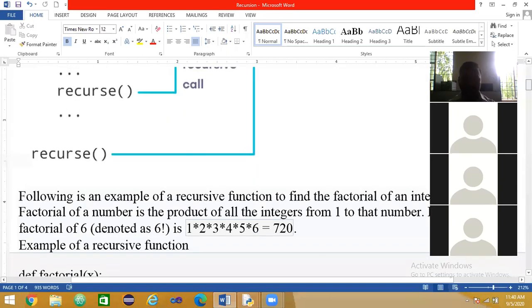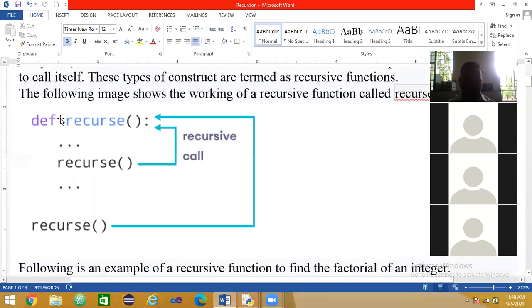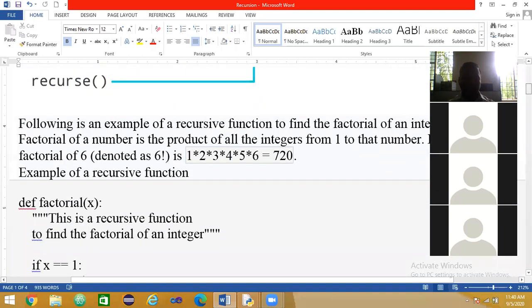See here on this screen it says calling the function itself. This diagram shows that the function recurse is calling itself. I will send these notes to you, and the explanation is there.